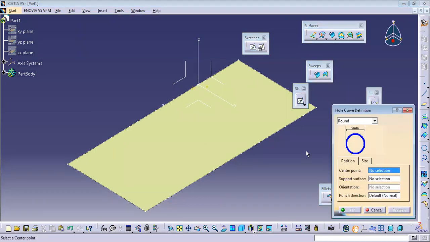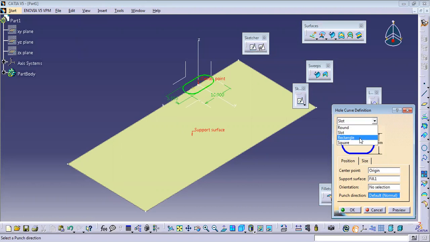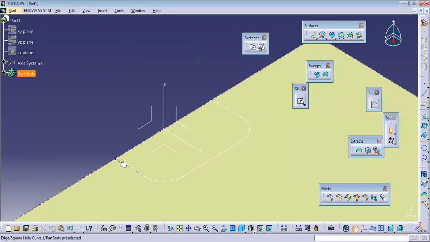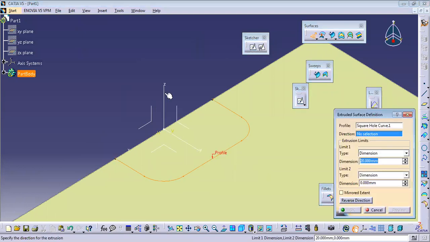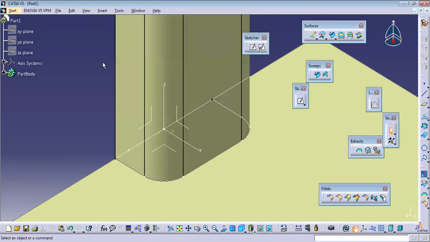So wait, yes sir, I'll just show you. I'll just go with this as my center point. So I'll select this as my sheet. See, you can notice that hole has been started. Here you can go with the slot, rectangle, or a square. So once it is done, just say okay to this. See, only the sketch will come here. After that, if you want to extrude this, you can extrude this, or else if you want to cut it out, you can easily cut it out. Okay.